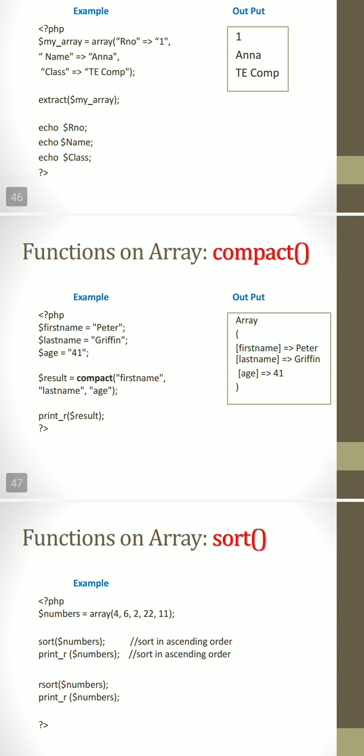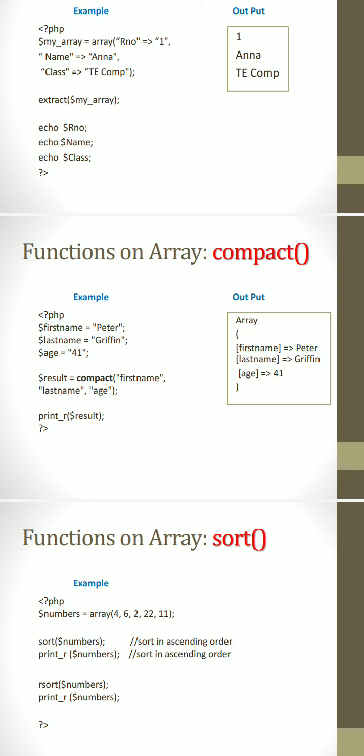So example: $firstname equal to Peter and $lastname equal to Griffin. $age equal to 41. $result equal to compact in bracket firstname comma lastname comma age, bracket complete, semicolon, and print_r in bracket $result. Okay, why have we written the print_r function?